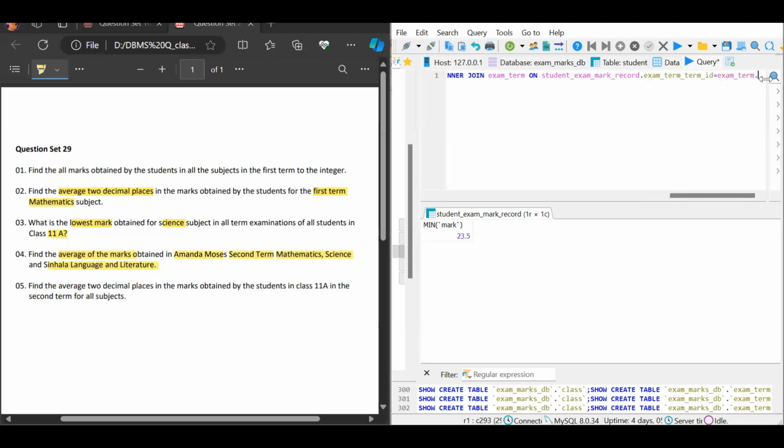So then we give the on keyword here, and then student exam mark record table dot exam term id equals to exam term table dot the term id, and then after that we can use the where clause here, and inside the brackets we can give the first name of the student equals to the first name they have provided, and then the and keyword here inside the brackets we can give the last name of the student equals to the last name they have provided, and then again the and keyword inside the brackets the term name equals to second term,